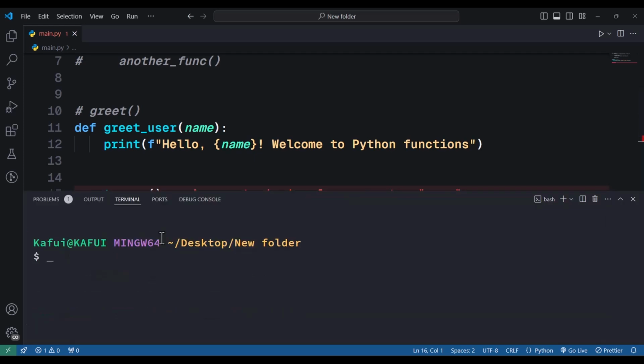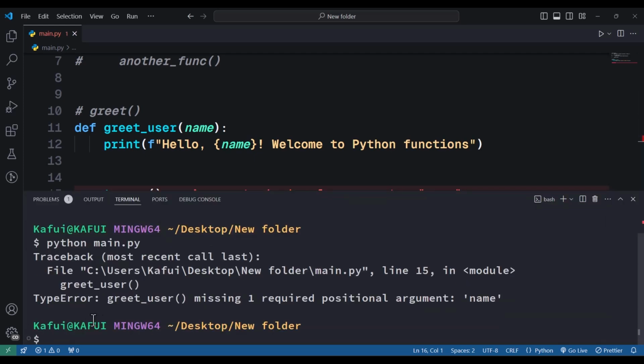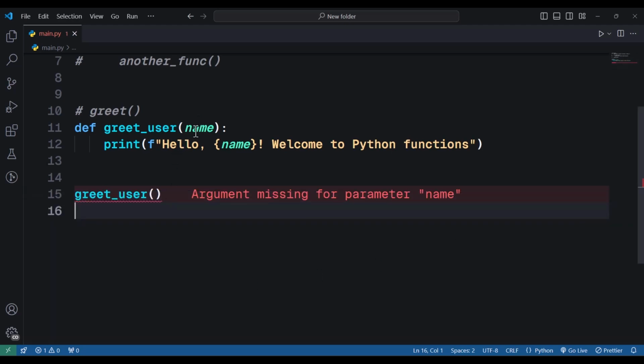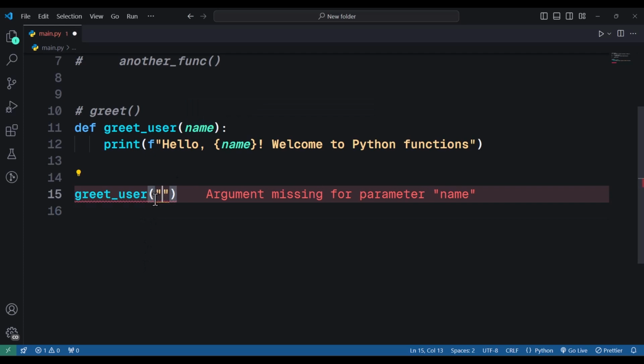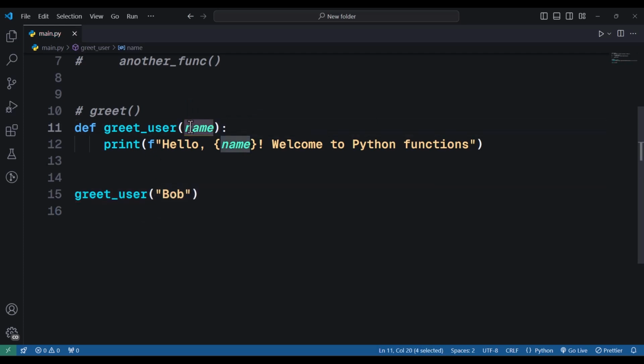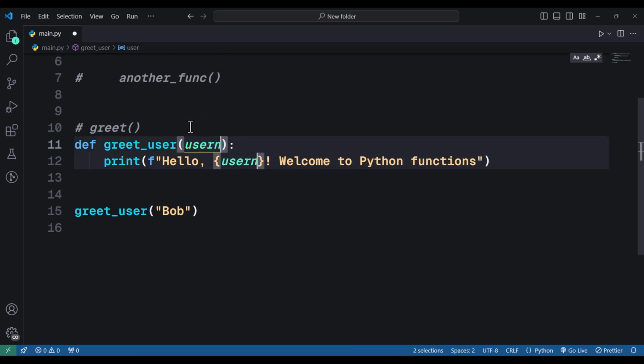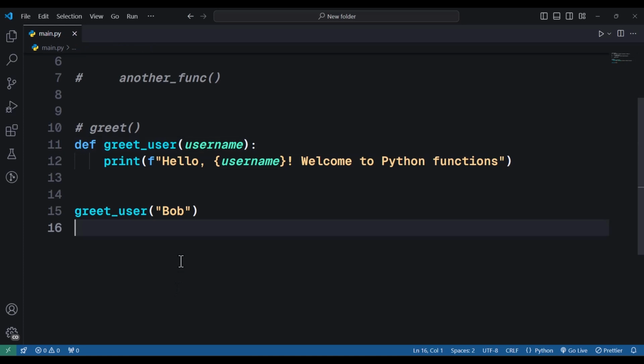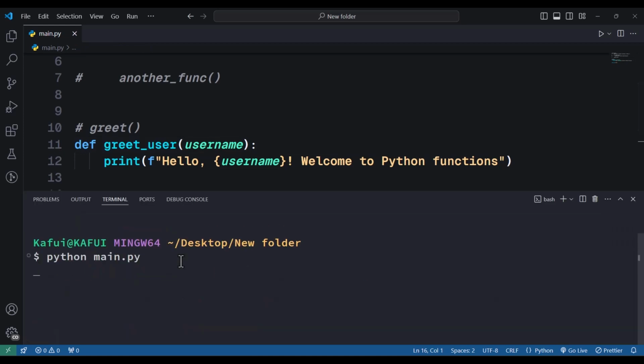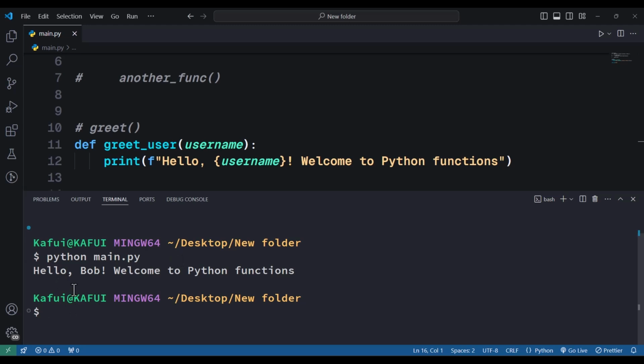So first of all, I'll not pass in an argument. I'll go ahead and try running my file. Let's see what we get. You see that we are getting a type error. You can see that greet_user function missing one required positional argument: name. So whenever you pass in a parameter to a function and you are calling the function, you have to pass in an argument. So I'll just pass in an argument of Bob. First of all, let me change this to, let's say, user_name to make it more understandable than name. So now when I run my file again, you see that we have hello Bob,